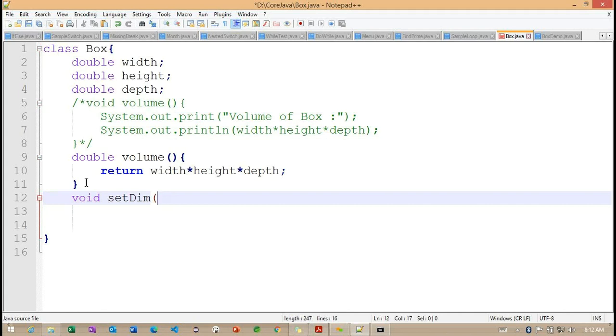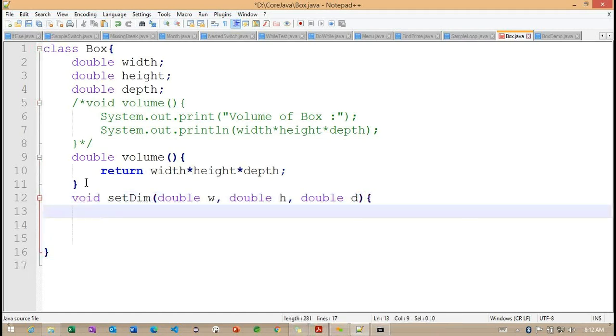Set dimension is nothing but setting the values of these variables here. The data types I'm taking are the same, because we already defined the data type section above. How many parameters am I taking here? Three parameters.